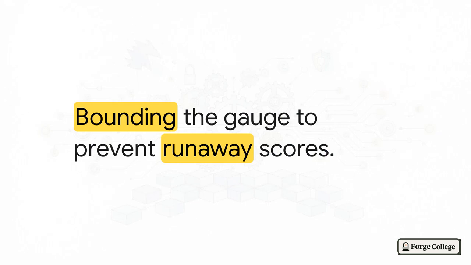This is what we call clamping. Practical systems mathematically cap reputation scores. We bound the gauge so that no single user can gain infinite influence no matter how long they've been around or how many good deeds they've done. It kind of mimics how real-world social signals eventually saturate. Like at a certain point, a 5-star review is just a 5-star review, right? You don't magically unlock a 1,000,000-star review.